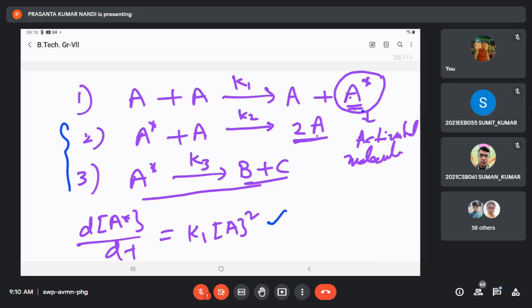Now in the subsequent step, step 2, this activated molecule will react with a normal molecule present in the reaction vessel to produce 2A. That means this is the step where the reverse reaction occurs, the reverse step. The energized molecule comes down to the